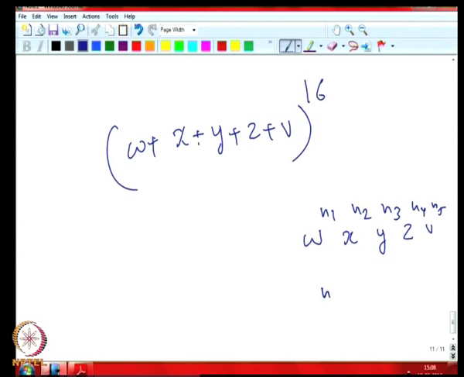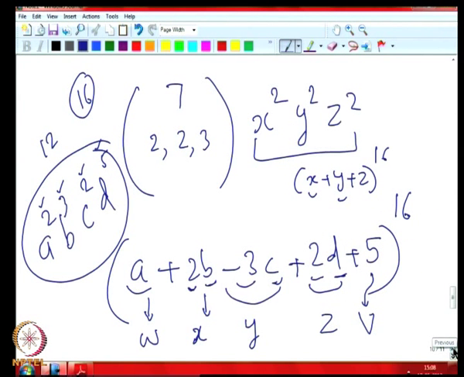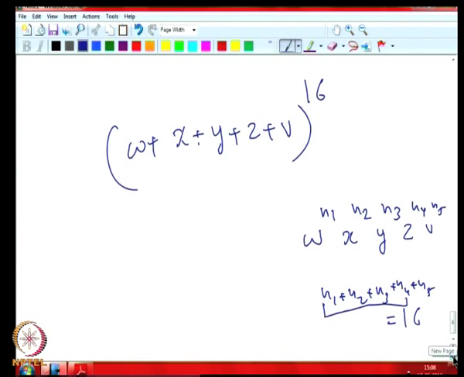When you add up n1 plus n2 plus n3 plus n4 plus n5, we should get 16. But here we are getting 12, so this has to be 4. So we are looking for the coefficient of